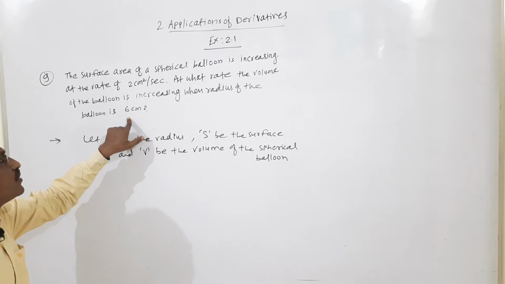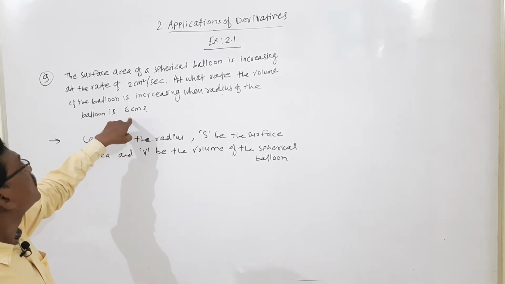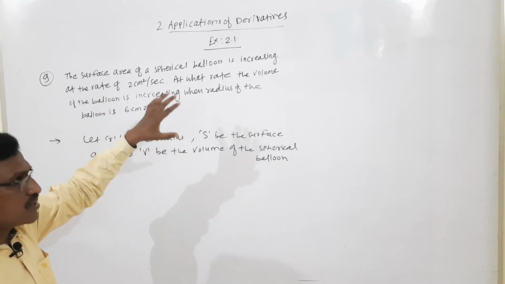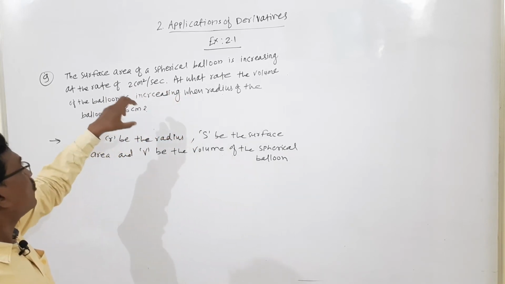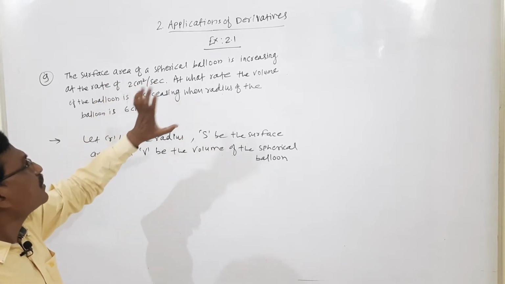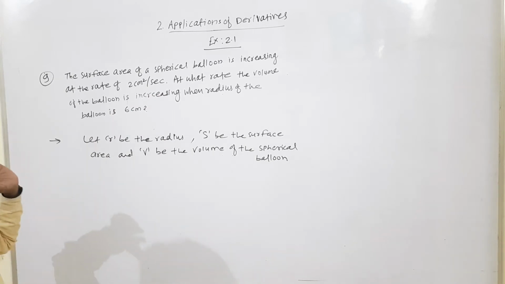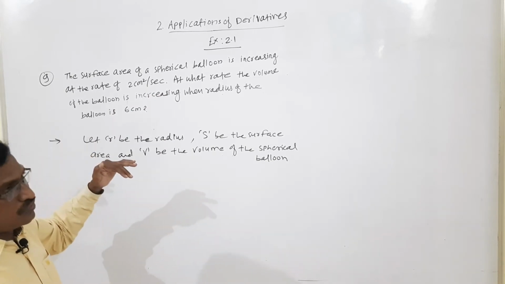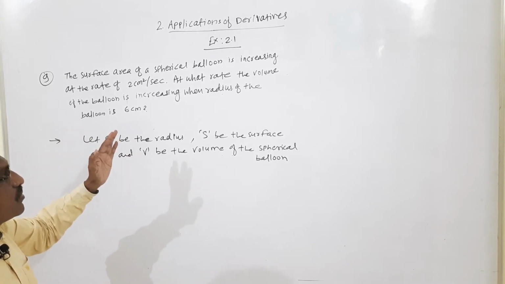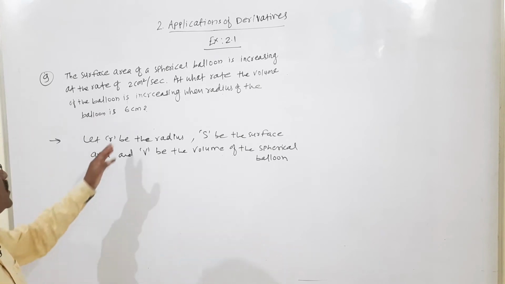Here we are given the rate of increase of the surface area of this spherical balloon, which is 2 centimeter square per second, and we have to find the rate of increase of the volume of this balloon when the radius is 6